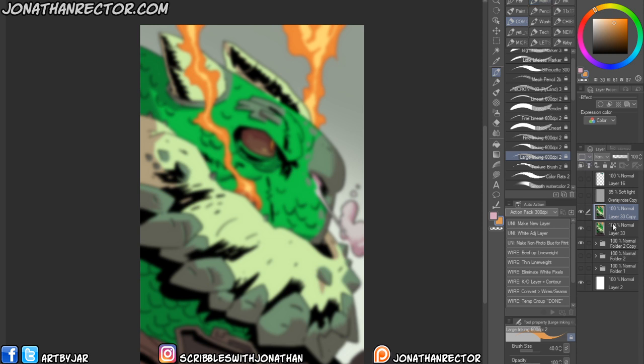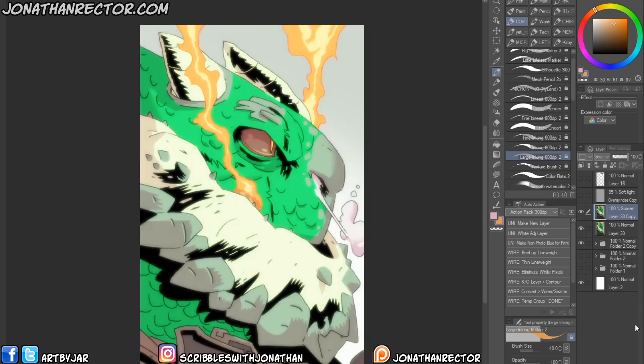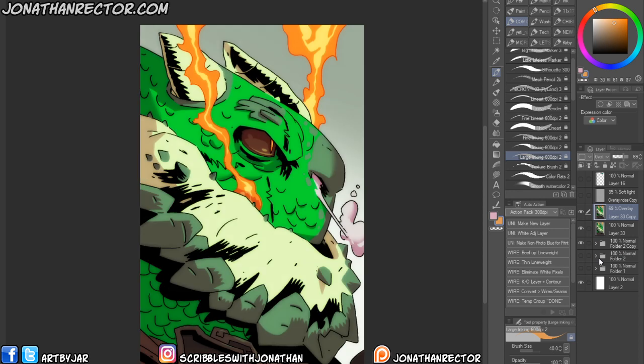Okay, so we got this on here, and then the magic happens here. I think we go screen, and it starts to make it look like an animation cell a little bit. All right. Sometimes overlay works real nice too. That's not that bad. I don't like going full on the right there, but let's get that paper texture over top. Paper texture really opens this up, so you can kind of get some range there. Okay, we'll do that, and then I'll make another layer,